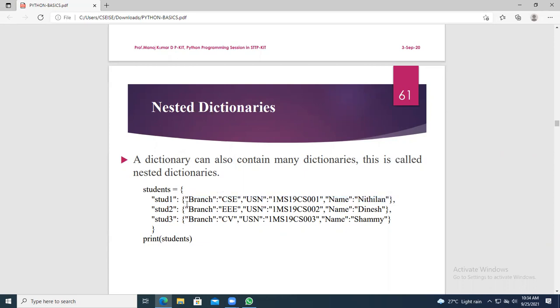Under the value part, you can see branch is one of the keys with CSC as the value. So stud1 is a key and branch is also a key. So it is a key within a key. The outer keys are stud1, stud2, stud3. The inner keys are branch, USN and name. So which one is nested? Keys are nested or values are nested?